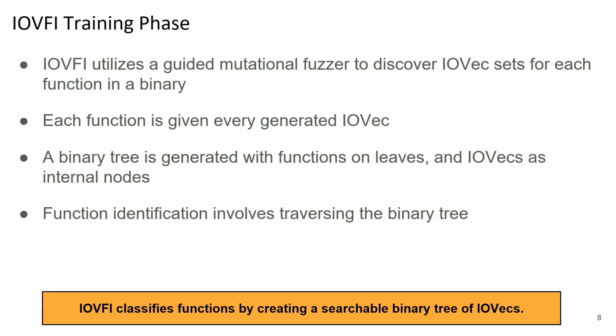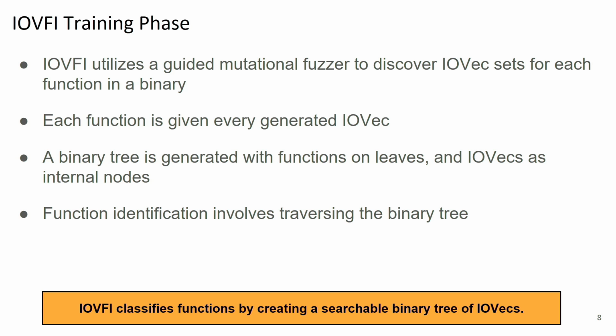In order for IOVec to work, it first needs to go through a training phase. This training phase uses a guided mutational fuzzer to discover IOVec sets for every function in a binary. And then every generated IOVec is then given to every other function in order to establish the ground truth of whether or not a particular IOVec is accepted by all functions. Once we have this information,